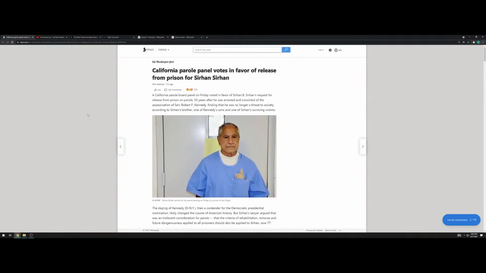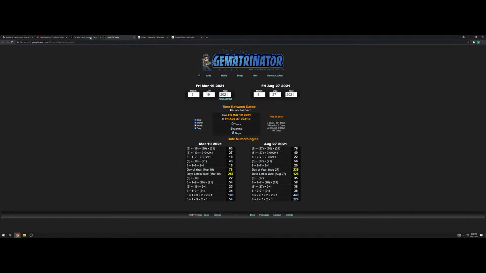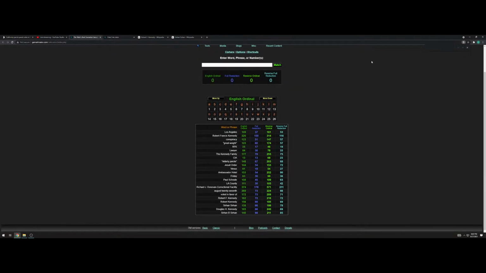So just want to jump right into the cipher here. This is kind of a long one. I'm not going to try to be too long on it, but just to move right through it so we kind of know what's going on. So this guy, Sirhan Sirhan, okay, Robert F. Kennedy, you can read up on all the previous stuff about his assassination if you want to. But I just did want to start off real quick with